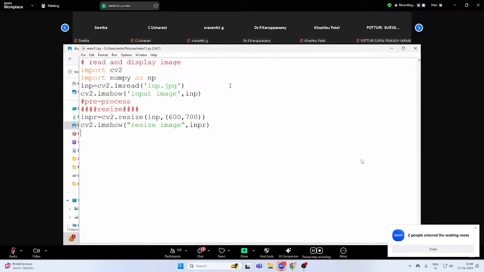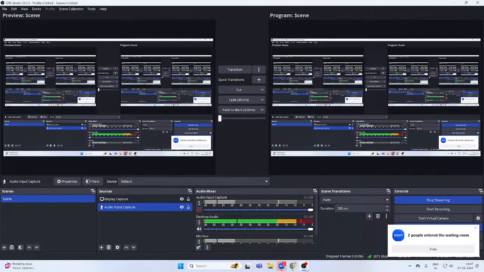Now after completion, in pre-process the second step will be conversion. Conversion means RGB to gray, gray to black and white, that you need to do. Then how to do the RGB to gray conversion? For that I'm taking GINP is equal to cv2.cvtColor, and between the braces